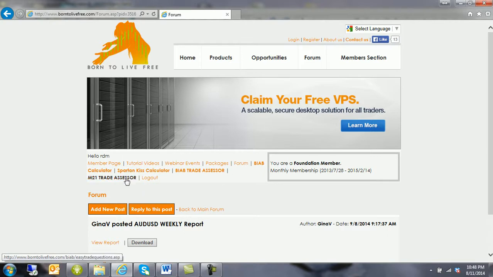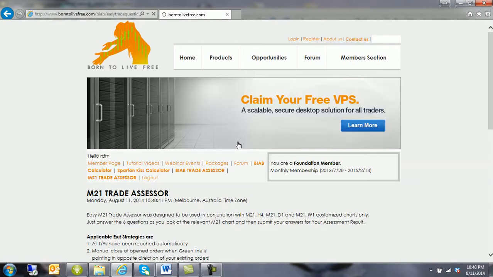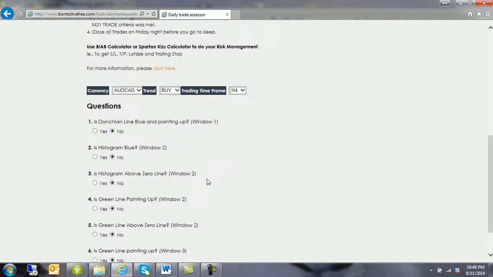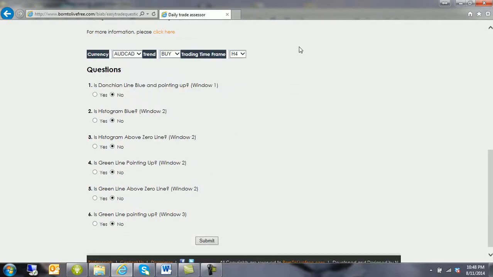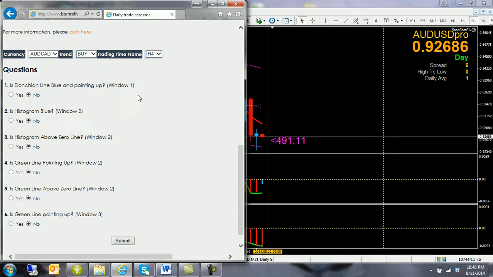and what we'll do, we'll go to the trade assessor, which you can see here. And it's a good idea to just place this on half screen, so when you're assessing your trade, you can have both windows in front of you and not have to flick between while answering the questions. But what I'll do now is, there's some examples of how to answer questions just on the trade assessor. So if I click here